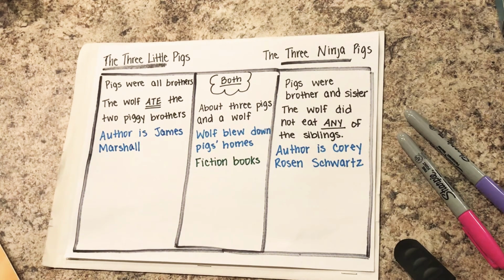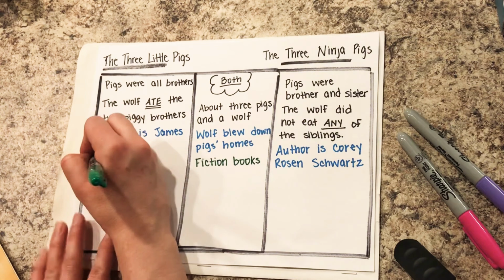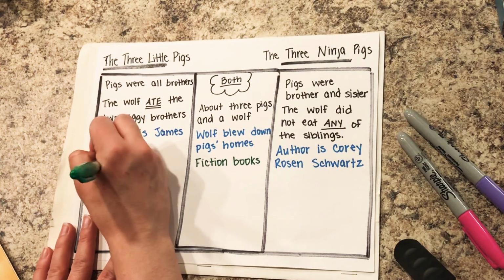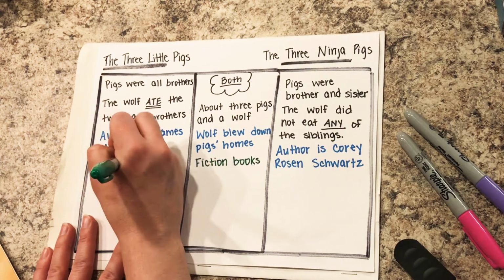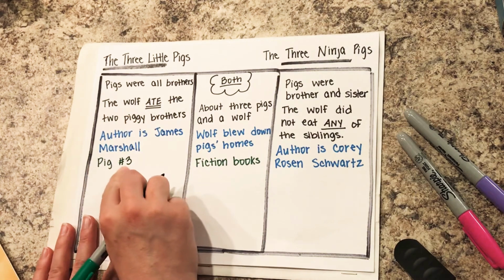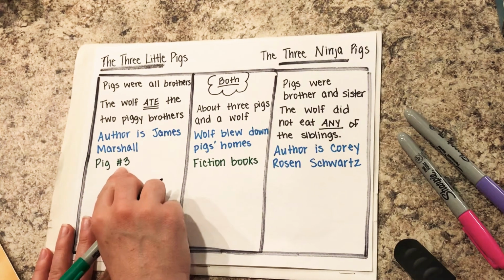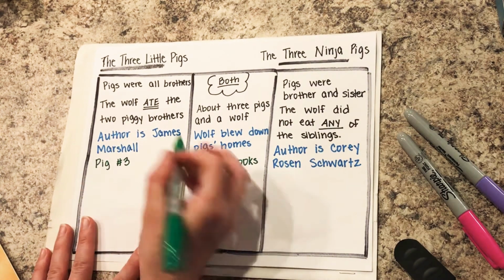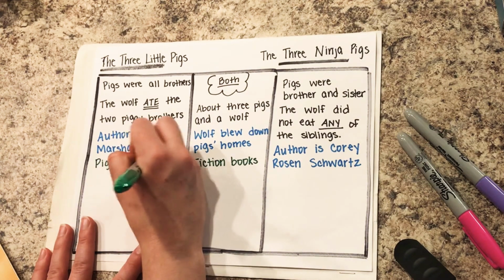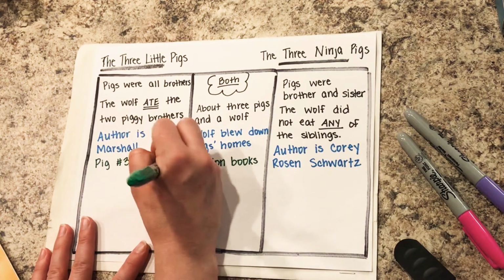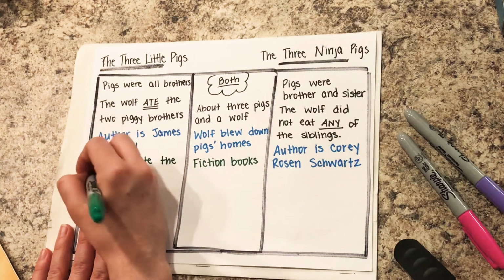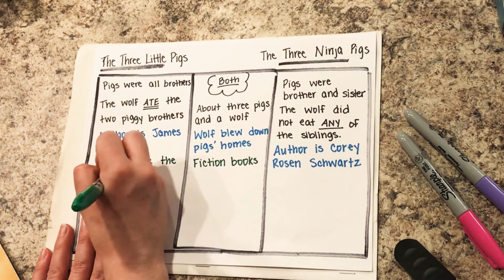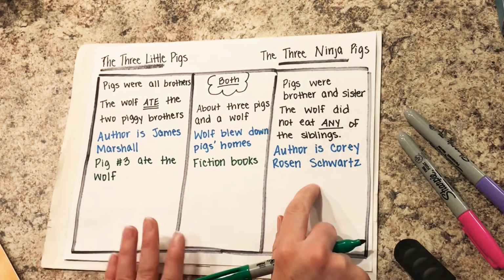And one more way that I wanted to talk about how they were different, one of the biggest things that I saw was that in the 3 Little Pigs, pig number 3, this hashtag symbol is actually another symbol for number. Pig number 3 ate the wolf. And in the 3 Ninja Pigs,